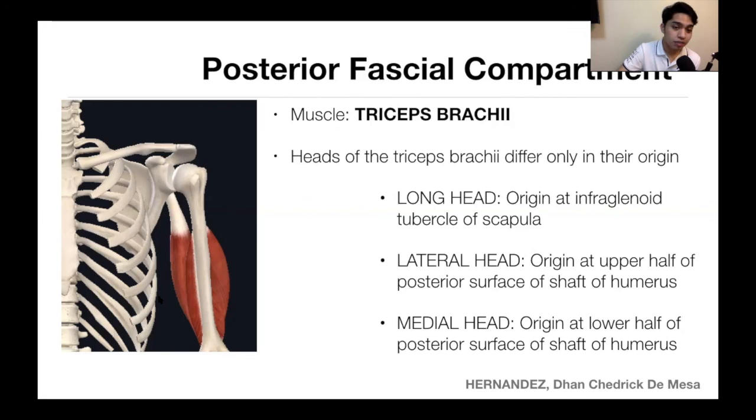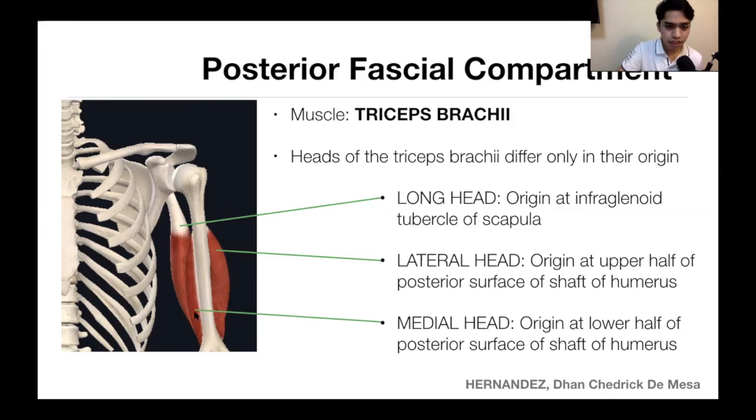You can see the image right here is from the Elsevier virtual anatomy, the one that I was showing kanina. Okay, so the long head, yan sila. This is the long head, which originates at the infraglenoid tubercle of the scapula, yung pinakamahaba dyan, kaya nga long head. And then the lateral head originates at the upper half of the posterior surface of the shaft of the humerus. So the origin is within the humerus itself, whereas this medial head cannot